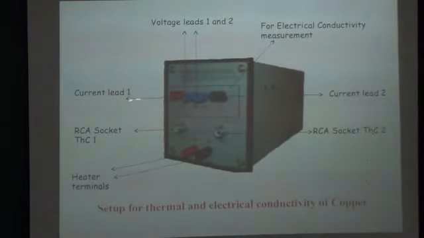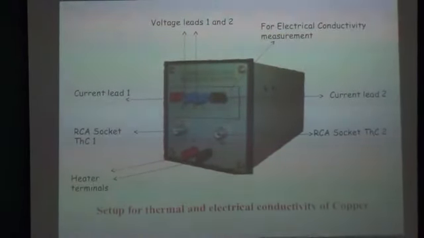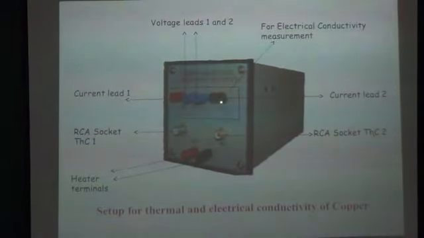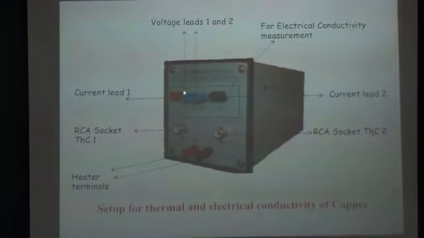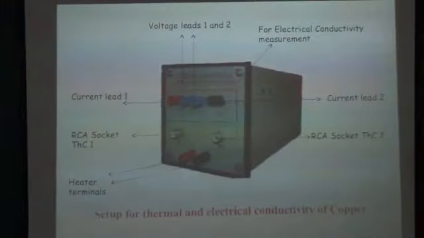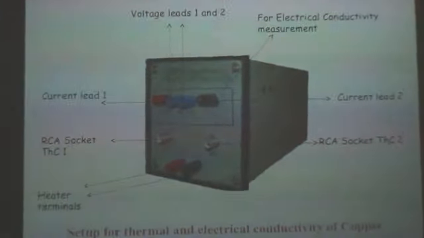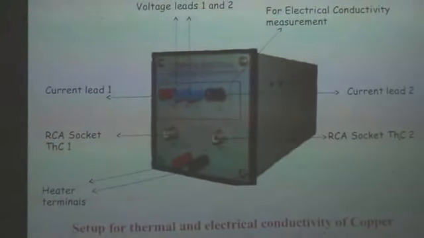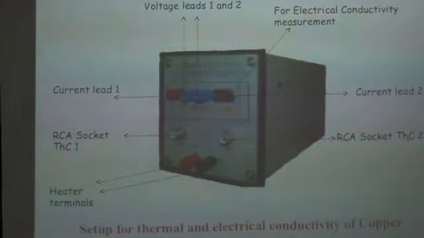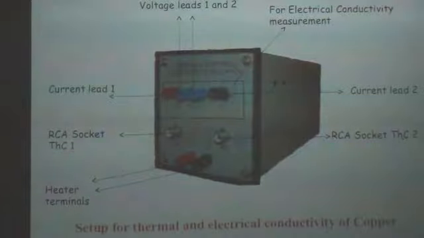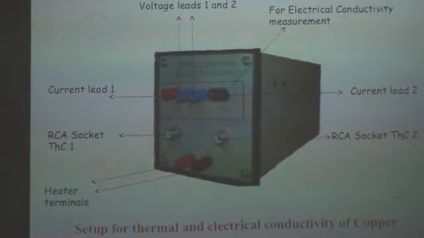These lower terminals are for thermal conductivity measurement. The upper terminals you can see here: this is CL1, this is CL2, this is BL1, this is BL2. There are two terminals to connect the constant current source, which will allow a current to pass through, and we are going to measure the voltage here, in the intermediate range. That is why we are concerned about this distance. We are not concerned about the current positions, that is, the distance between the two.